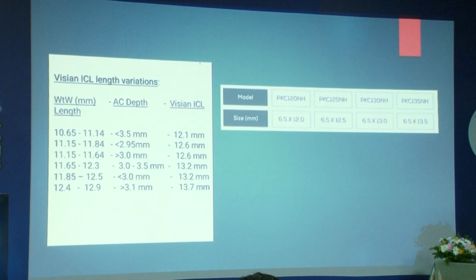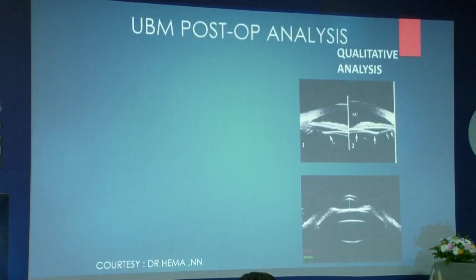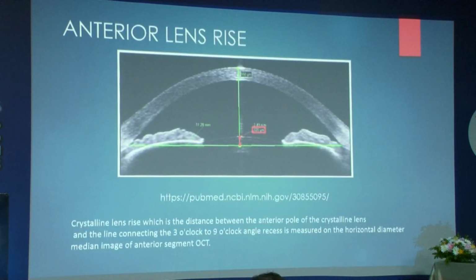So each of the phakic IOL sizing is based on the combination of these factors, the white-to-white as well as the AC depth. You can also do a UBM pre-op analysis. We used to do this regularly back when we were fellows, because it gives you a good sulcus-to-sulcus measurement. You also get to check the anterior lens rise, which is the crystalline lens rise,